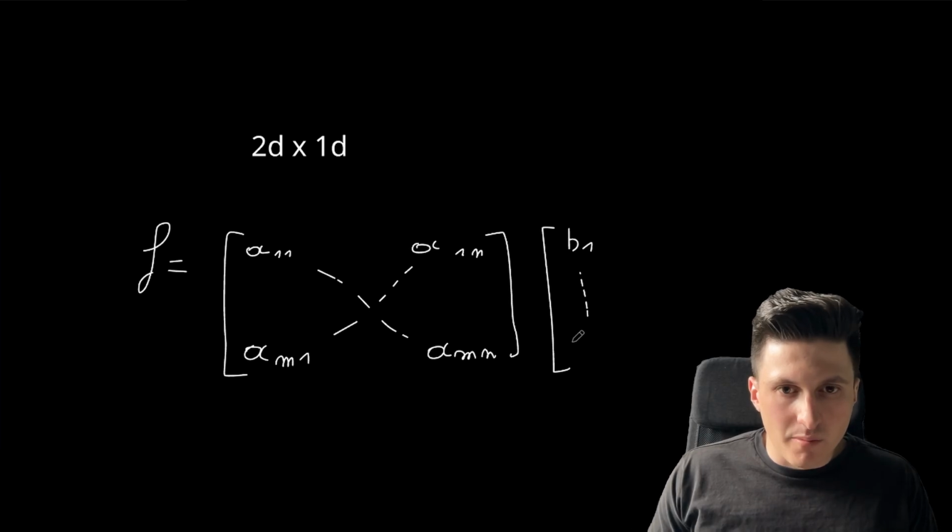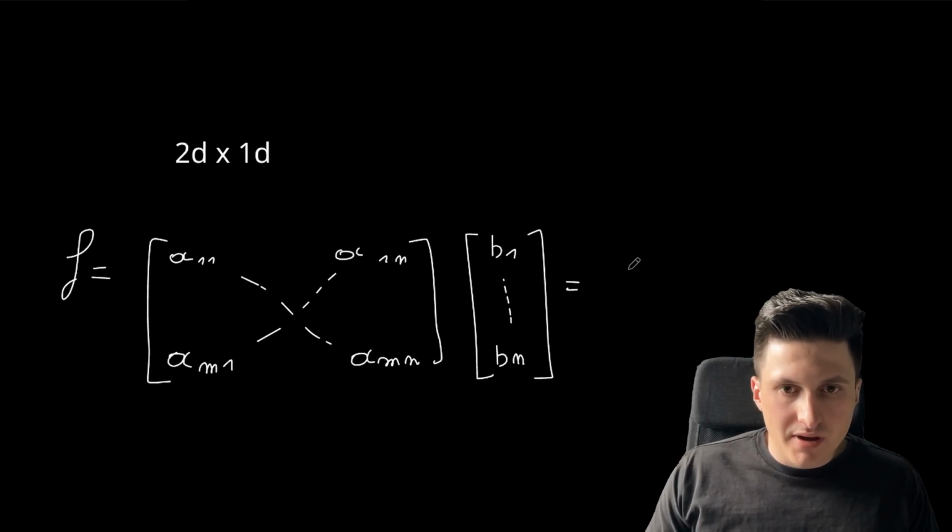This should have the same amount of rows as the other tensor has columns, and the output will once again be a tensor,